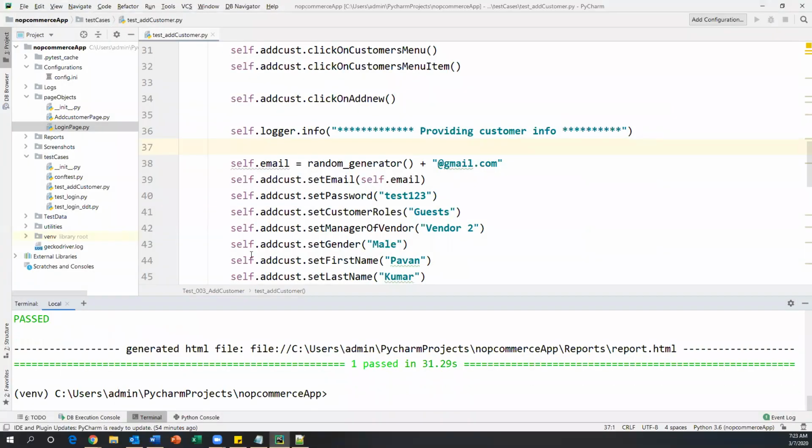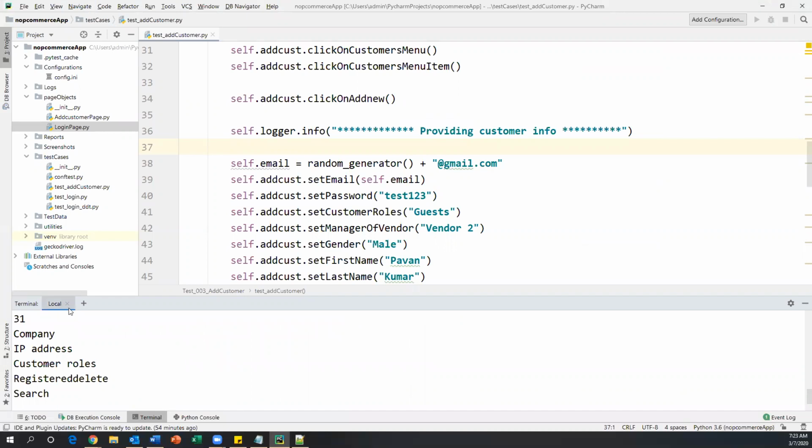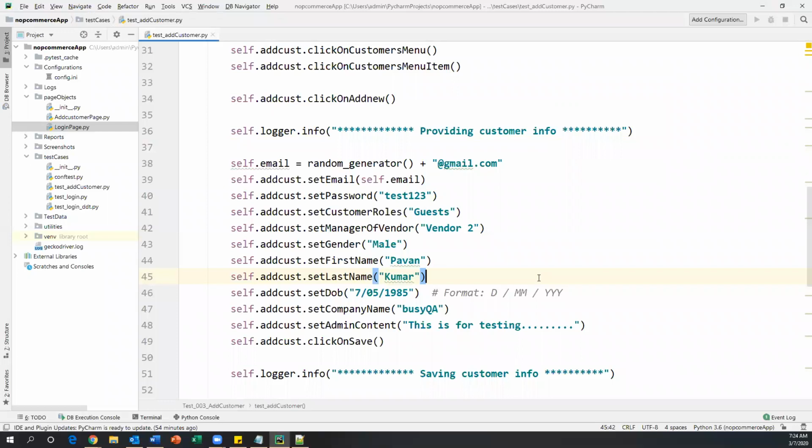Okay, so done. You can run the same test case any number of times, and it will pass. All right, so this is one test case we created. Now let's move on to another test case.